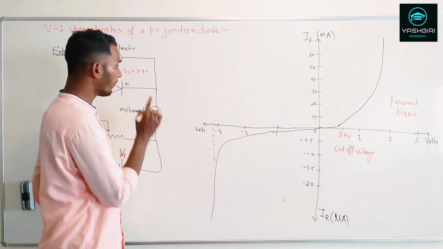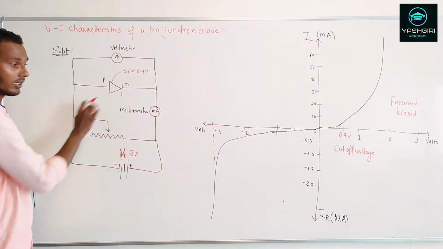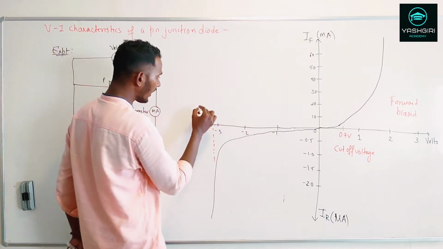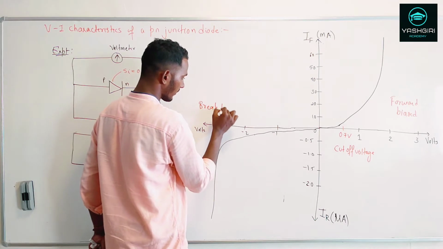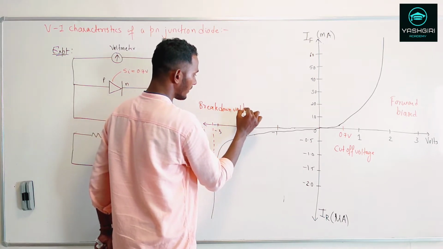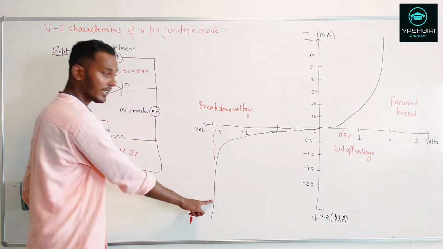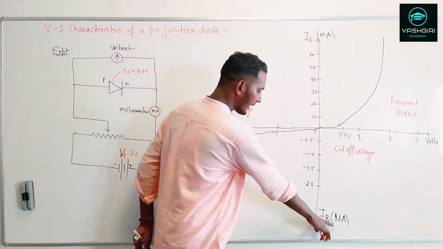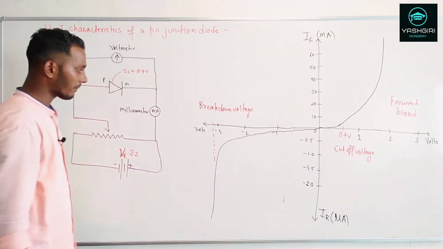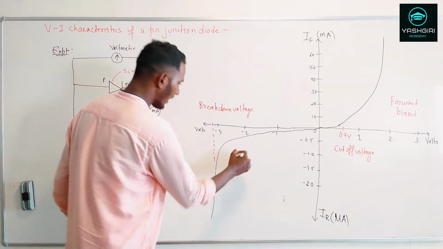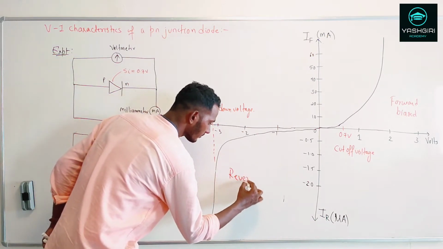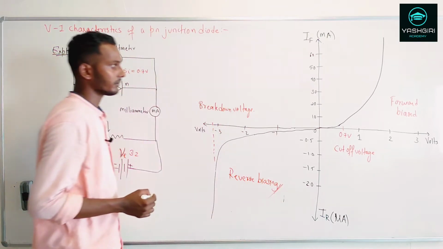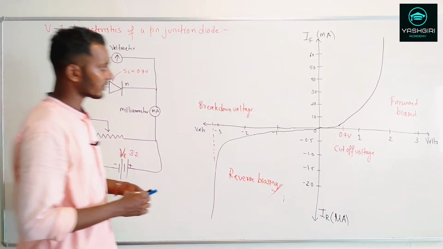In that case, the breakdown of the junction occurs. So the voltage at which the breakdown occurs, we call as a breakdown voltage. So this is your breakdown voltage, wherein suddenly there will be a rise in the reverse saturation current. Here the IR stands for the reverse saturation current, and again it's in a very small range, that is a microampere. So this event is happening in the reversed biasing.